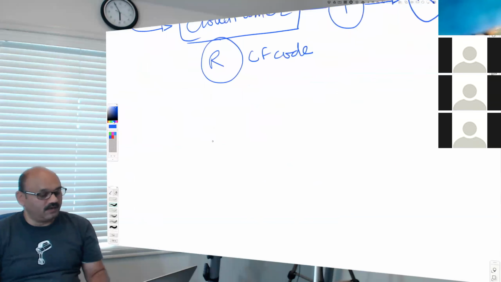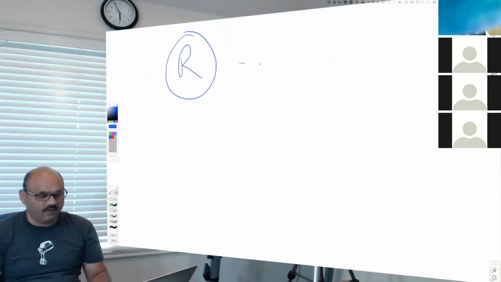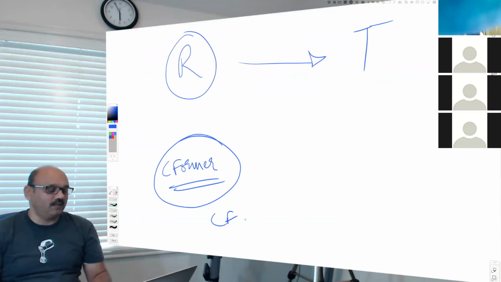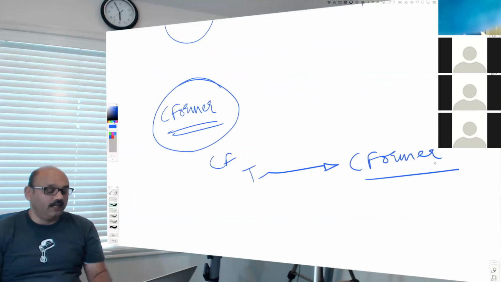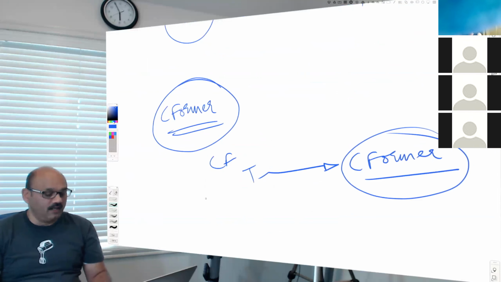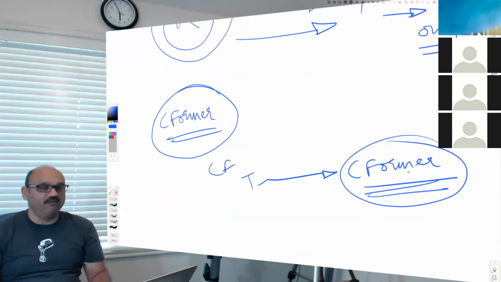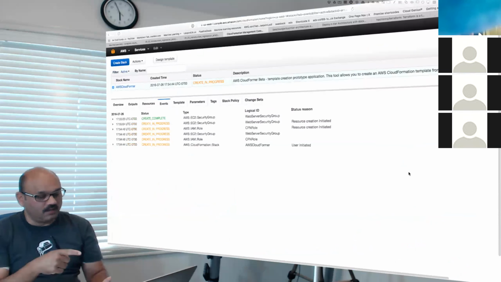So let's clarify that again. We have some resources. We want to create a template. To do that, we are running the CloudFormer tool. And to create this tool itself, we are using a CloudFormation template to create the CloudFormer. And that is what is going on. Once this CloudFormer gets ready and running, it will look at your resources, create a template, and give you the output. This CloudFormer is going to be a web service that we will access. So that is what's going on right now, as you can see in this chart.